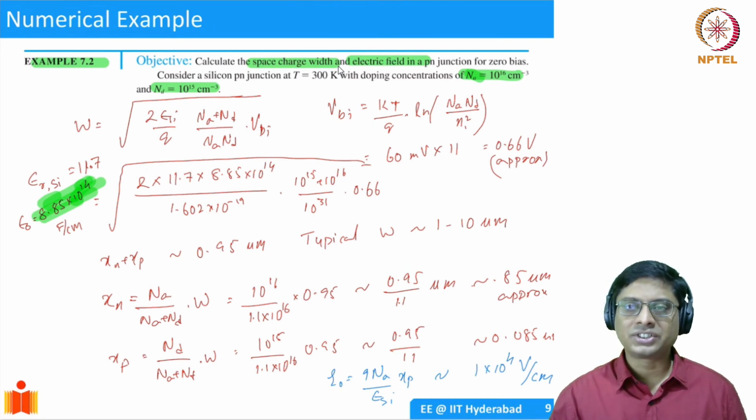In the next lecture, I would still continue with electrostatics of PN junction, and I'll take some special types of junctions. I'll deal with P plus N junction or one-sided junctions. I'll just briefly explain what they are, and then I'll talk about PIN junctions, and then I'll take a couple of interesting problems. That will clarify your concepts.